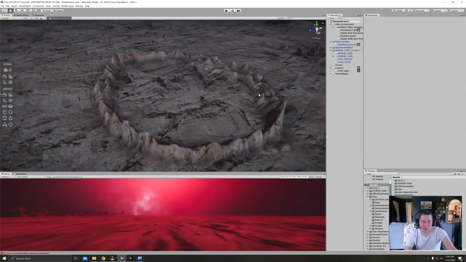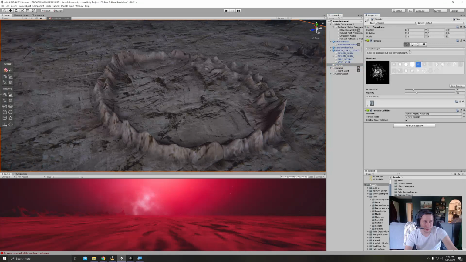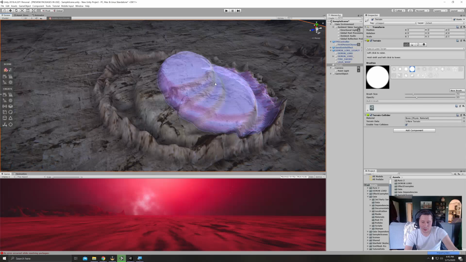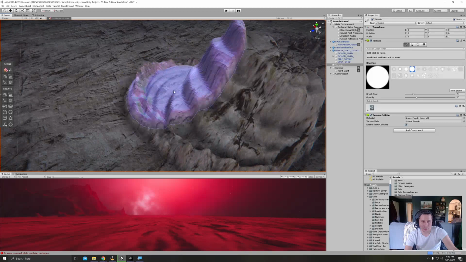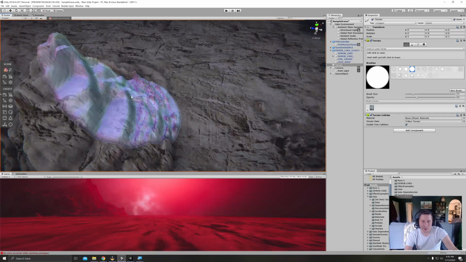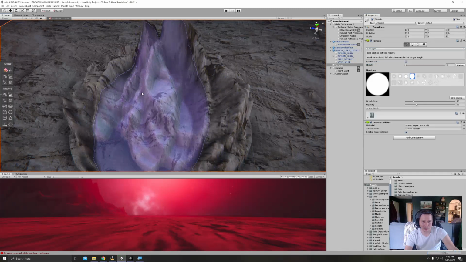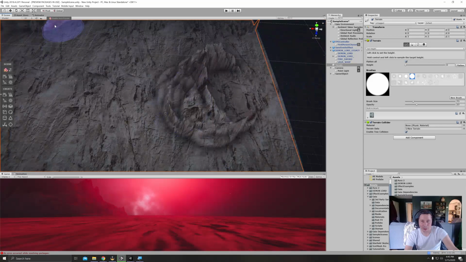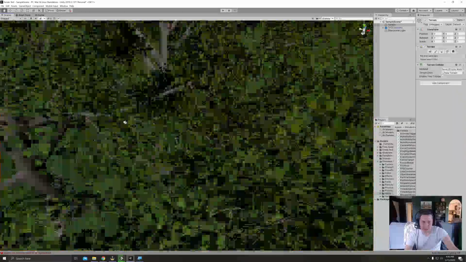I can probably raise it. What you can do is, let's raise this up a little bit. I want the outer raised, right? And watch what I'm gonna do. Let's just remember set height. Click. Oh, why is it not doing it? See, something's not working for me on my 2018. I gotta fix that. But what I would have done here is, if I was to create a crater,